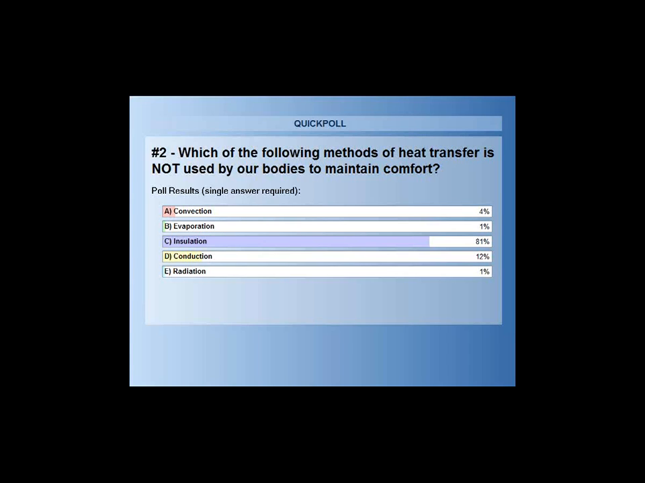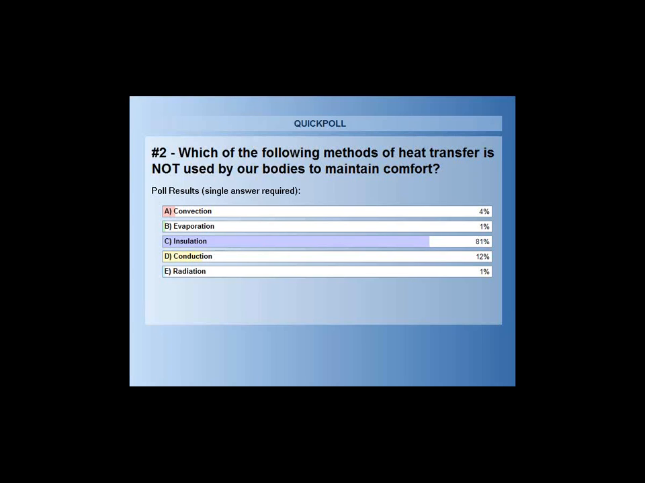81% of you got it correct. Insulation is not a method of heat transfer. Insulation is a blocker of heat transfer, if you will. It reduces the heat transfer. The main mechanisms to transfer the heat are convection, which is the direct touching, evaporation, which is the sweating, the